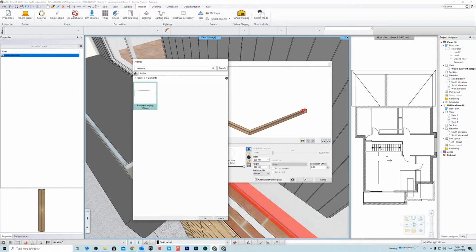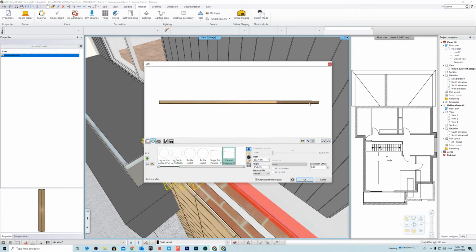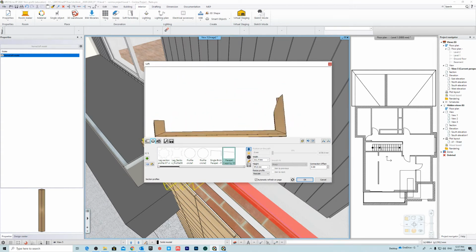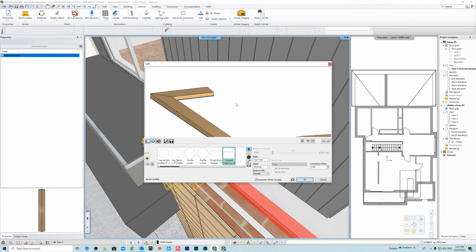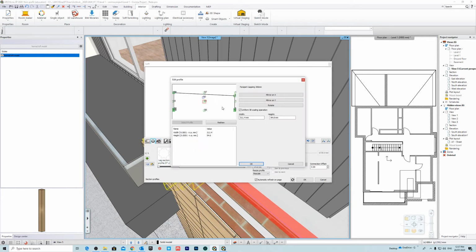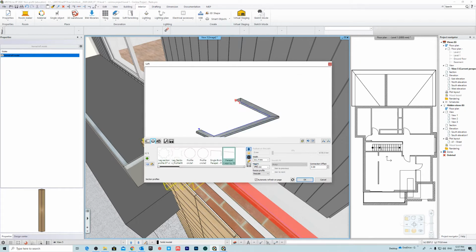Okay, so there's the one that we just created, and I'll click OK. Alright, so let's see. Now we need to change the reference point. Okay, so let's change the material first, and have a look at the actual reference point of this. So you can see here, if you zoom in a bit, you can actually see from which reference point it's placing. Okay, so I'm going to zoom in and I'm going to place it from this reference point, and I'll go OK. So now you can see,